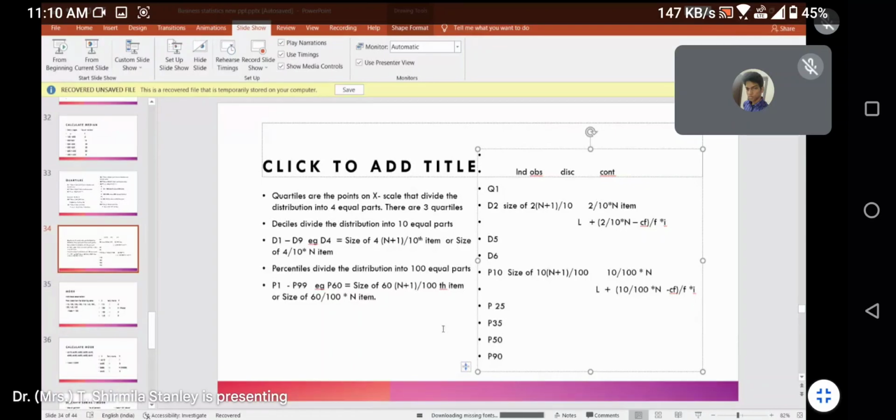Once completed, I will take attendance. Have you all taken this down? Because I need to take attendance, I may have to stop sharing. Have you all made note of this chart? I want you to find out like how I have written for D2 and P10. I have done and shown you.